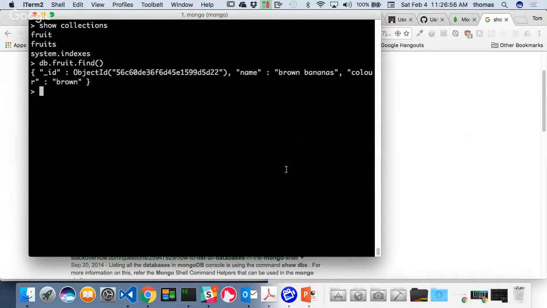Not to replace, just to add another one. I want to insert another document. Do I need to use name and color? No, right? There's no schema. It's schemaless, right? So I can do something like this: